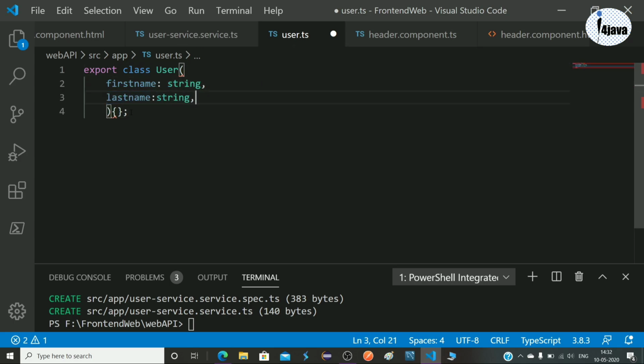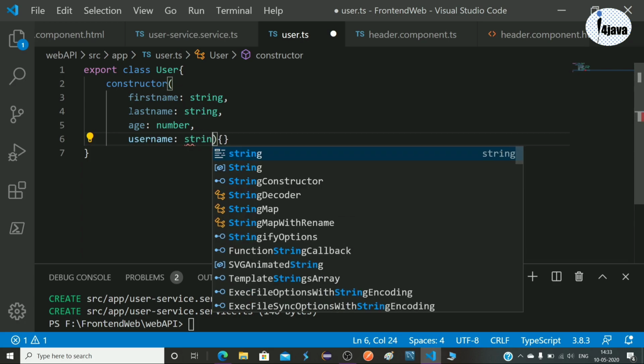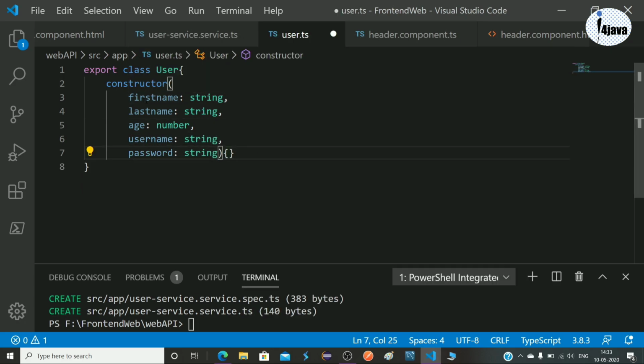Inside the constructor, create all the variables we have created in our Spring Boot application. So from here we can pass the data.